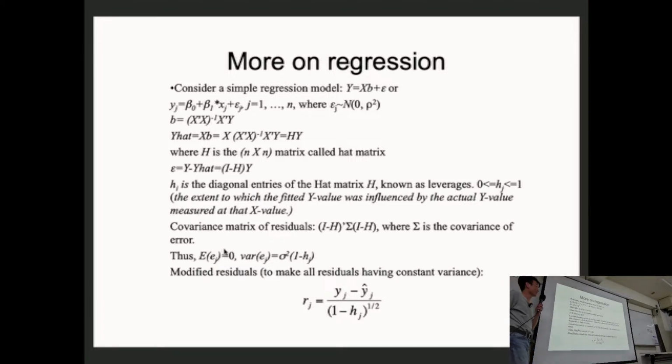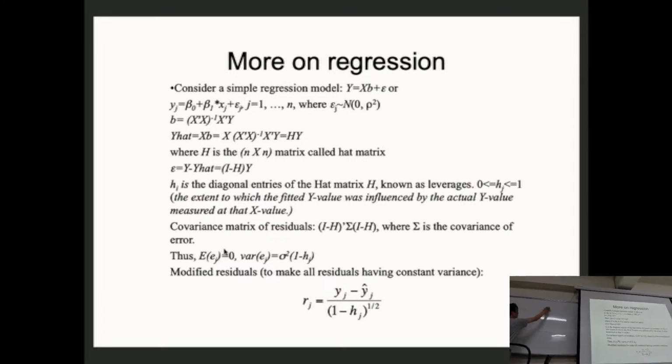If you learned undergraduate statistics, you can calculate the best fit of your beta. You get the best fit of beta 0, beta 1. And then of course you get, given this line,